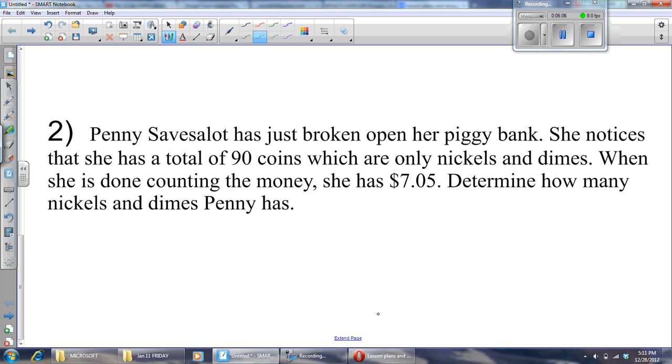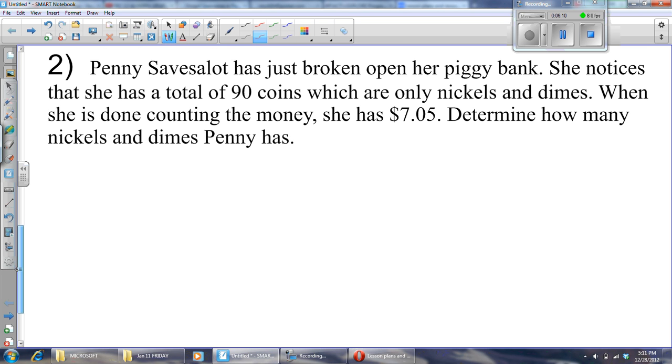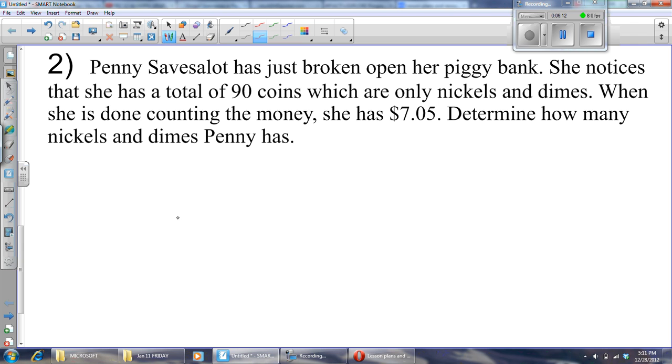Okay, let's take a look at this one here. Penny saves a lot, and it's just broken up in her piggy bank. She noticed she has a total of 90 coins, which are only in nickels and dimes. She's done counting the money. She has $7.05. Determine how many nickels and dimes she has. So I'm going to let